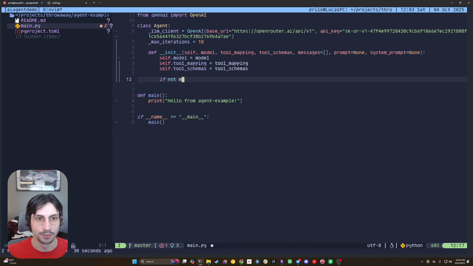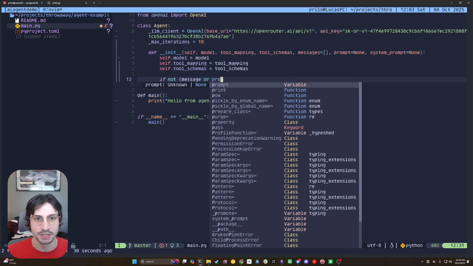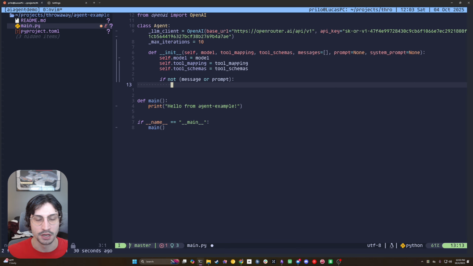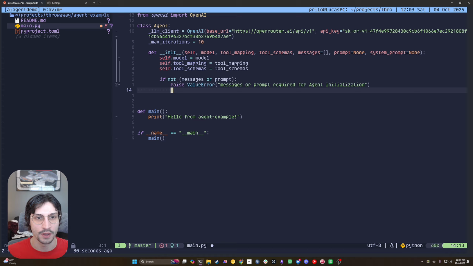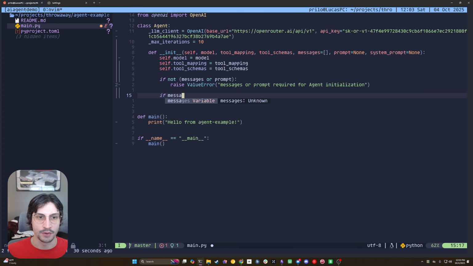So just a couple of safety things for initialization. You need to give it something. So if you don't give it a prompt or any messages, we're going to raise an error: messages or prompt required for agent initialization. Okay. And then likewise, if we have both,